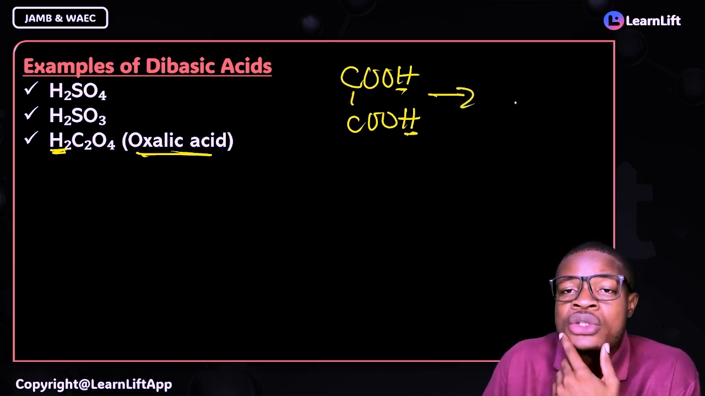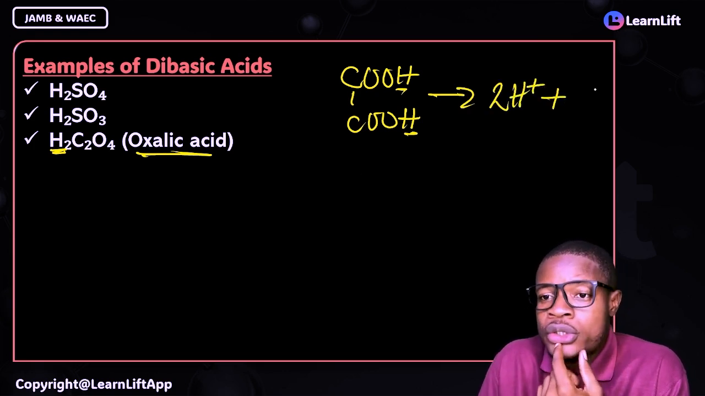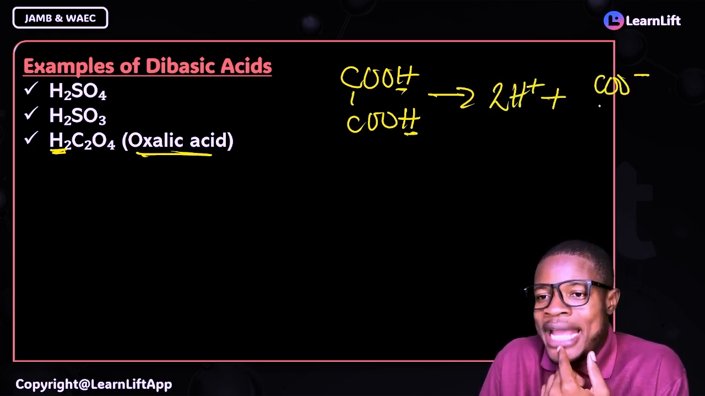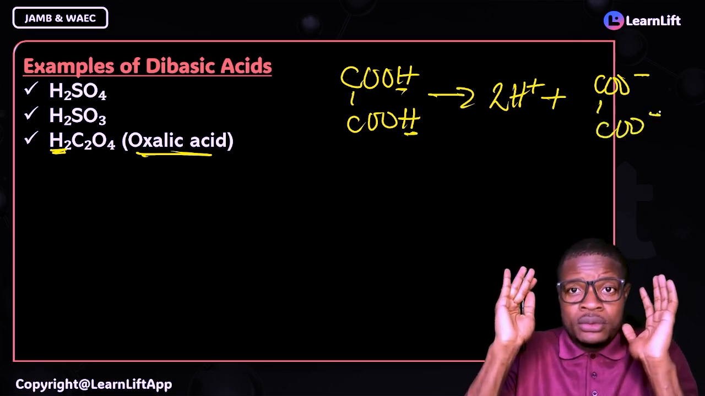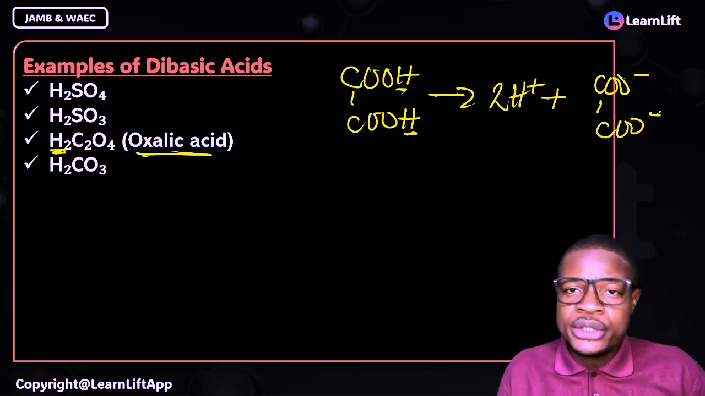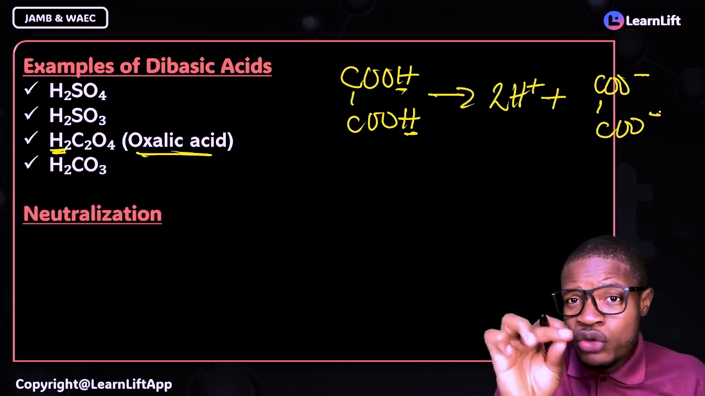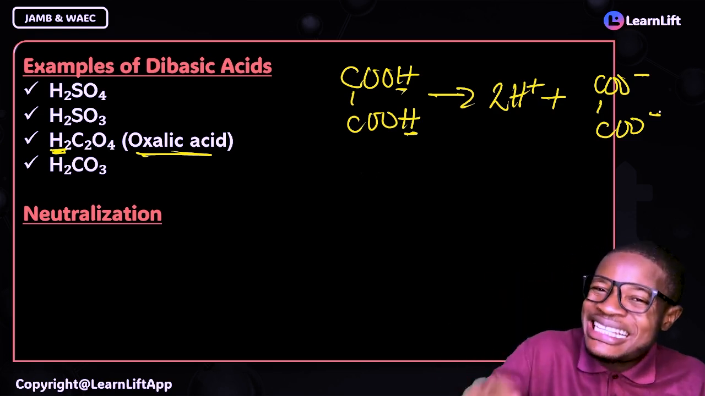If it undergoes dissociation, what am I going to have? It is going to give me 2 hydrogen plus, right? Your COO minus to my COO minus. That's what I'm going to have. Very simple. Does it make sense? Another is your H2CO3. And then we also have, in terms of your neutralization, don't forget that your dibasic acids,